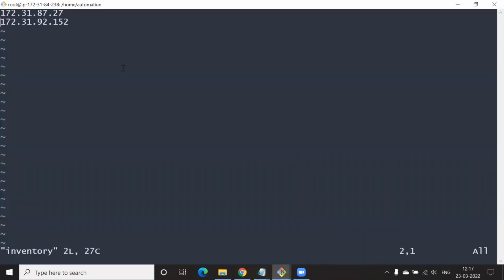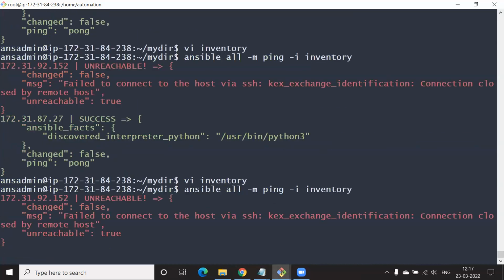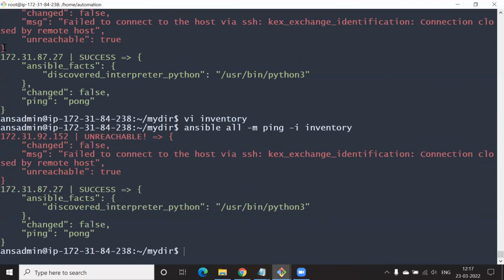Run it again. So now it's picking up the IP address here, but 152 says is unreachable. Strange. Can you just directly SSH onto that one?